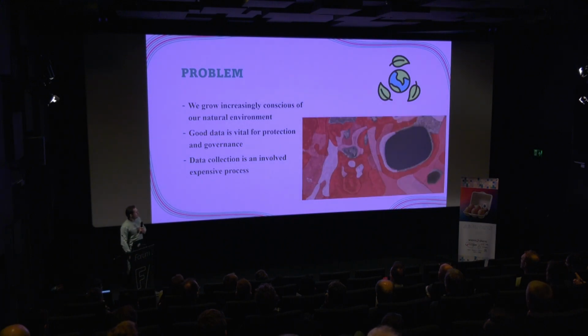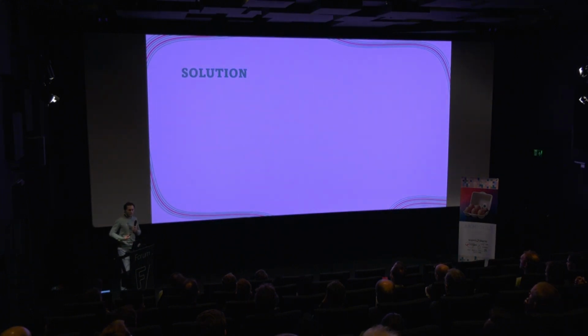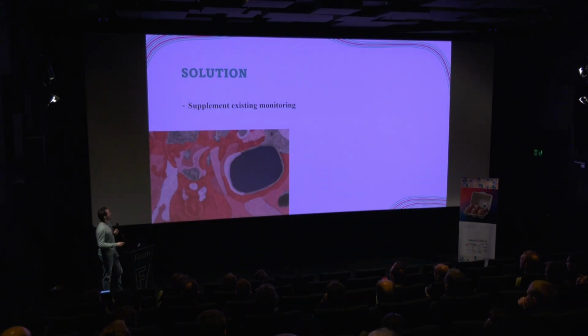These are the kind of maps that are being made by the ecologists. So they head out into the field, they draw all these shapes in to make it a bit more manageable. And for each of these shapes, various things are recorded. The type of plants growing there, stuff like that. But again, quite infrequently. So the solution to this, in our minds, is to supplement this existing monitoring, which is